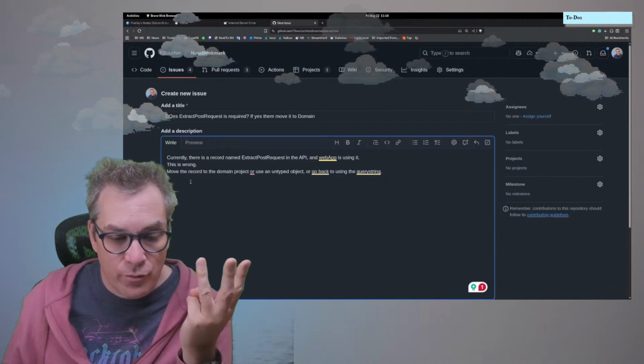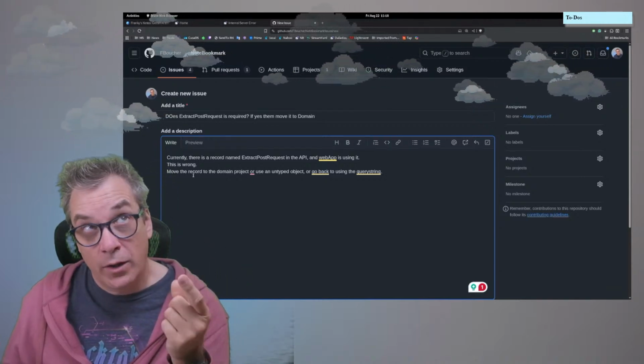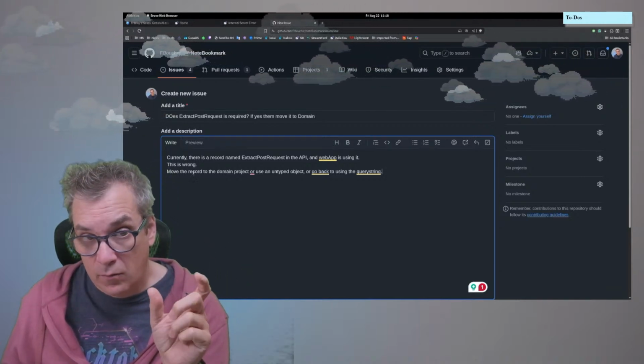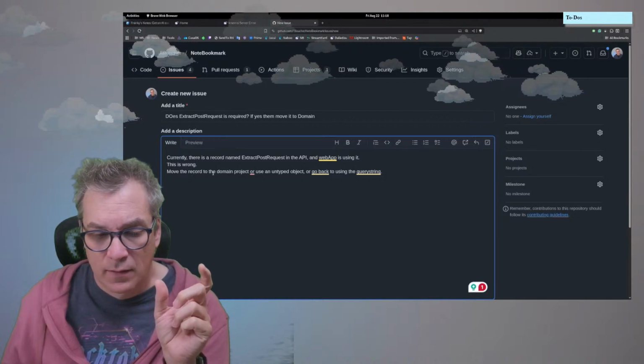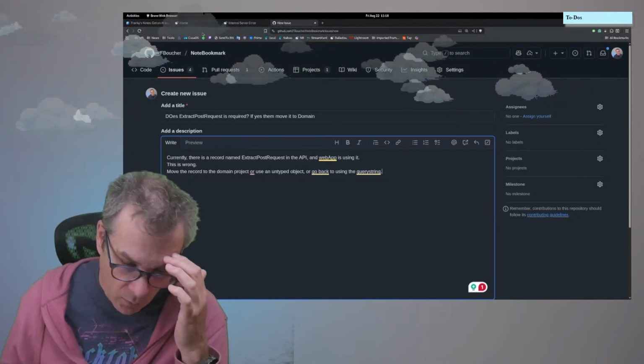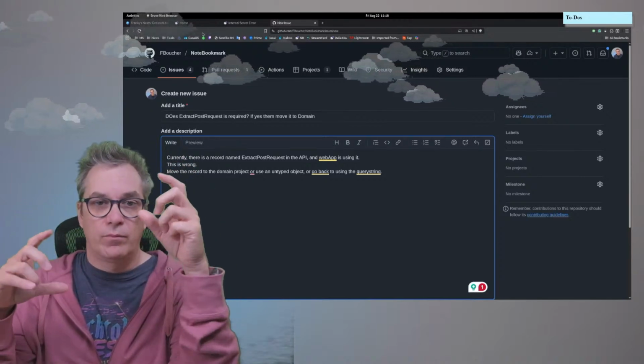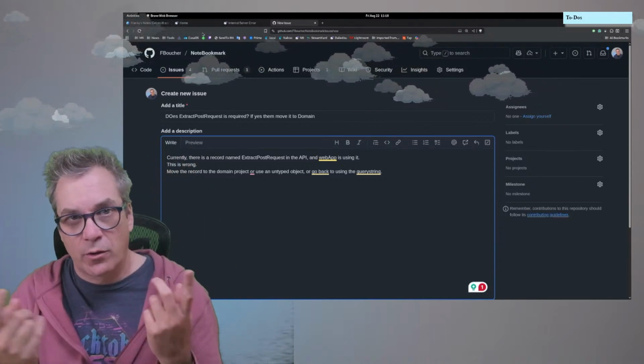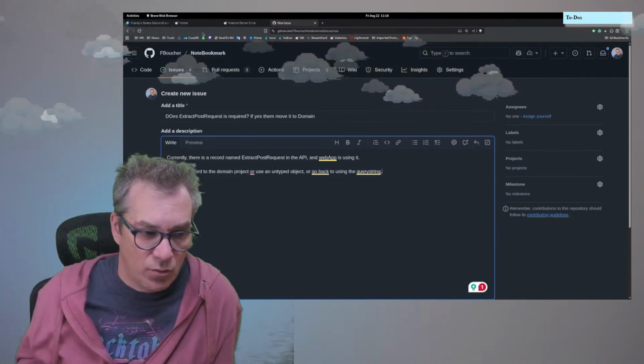I think there's three options. If I want to keep using that record class, I need to move it to the domain, or in my code, instead of just using a string, since it's one parameter, the URL, it's easy to do. Or